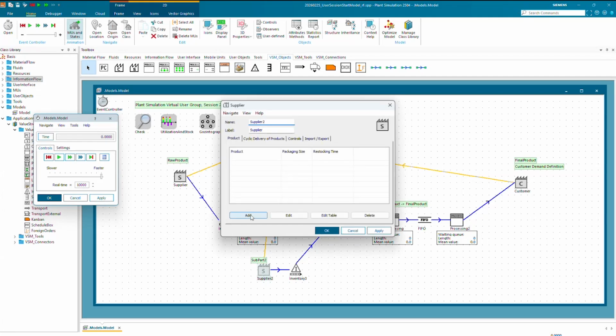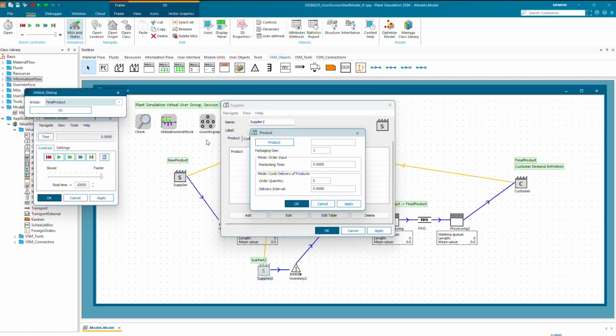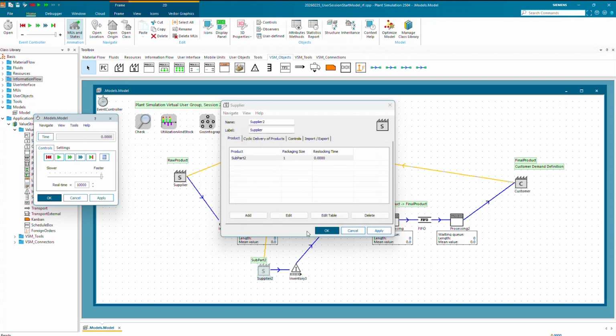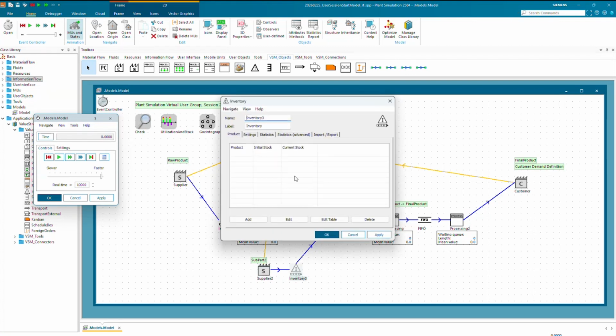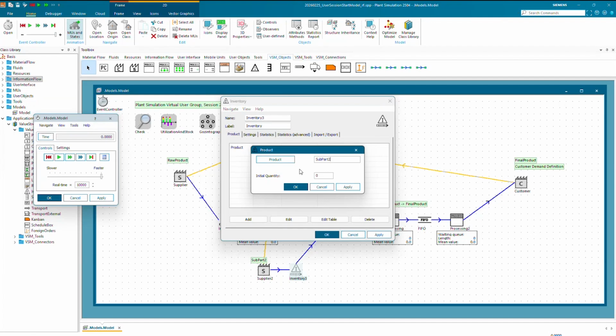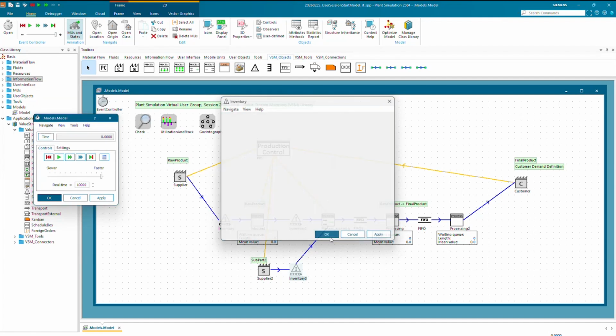So we add the product definition with the subpart 2, which hasn't been defined yet. Same packaging size. Yes, so the inventory, we have here a subpart 2 as well.